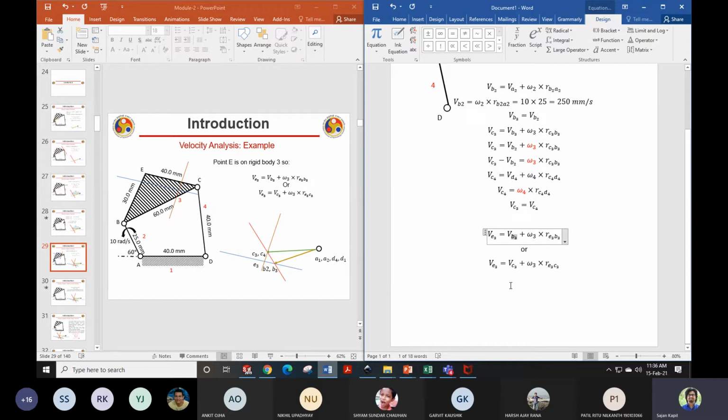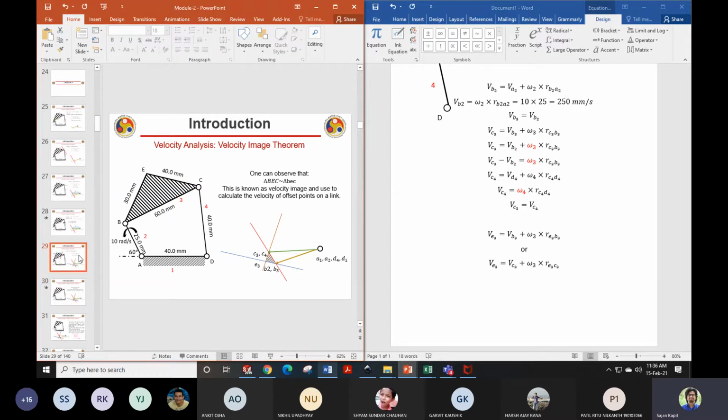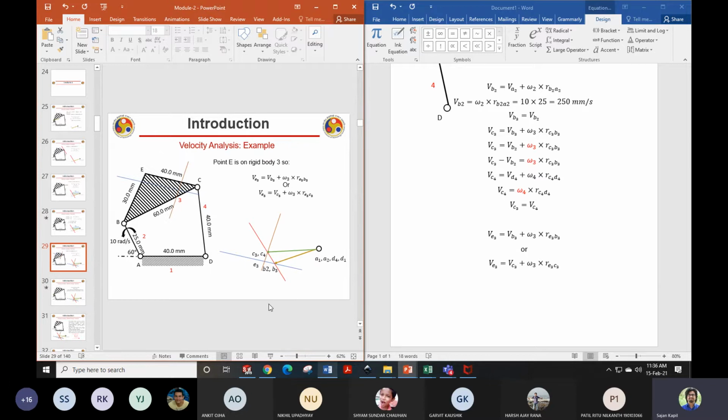And this vector is telling me that velocity of E3 is nothing but a line you can get on the vector passing through C3 and perpendicular to the line connecting EC. So wherever these two lines intersect, that will be your point E. So I need not do any calculation here, correct? You got it, I think. Now all of you draw it, finish it.